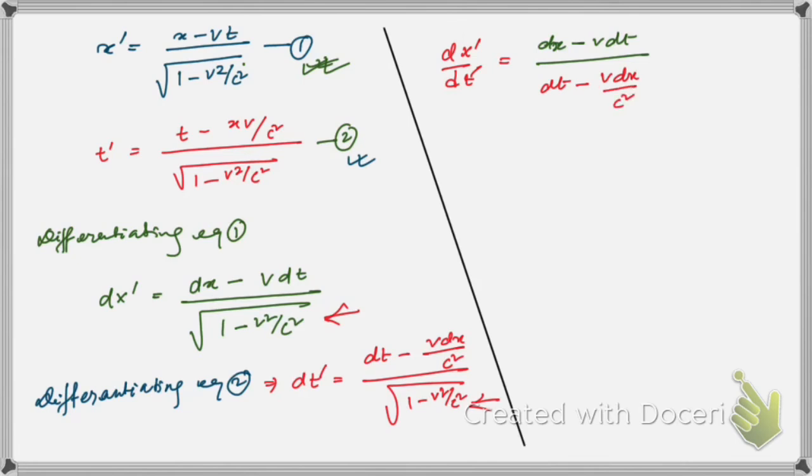That's what we will get, right? So what will be the next step? If you divide both the numerator and denominator by dt, then you will get